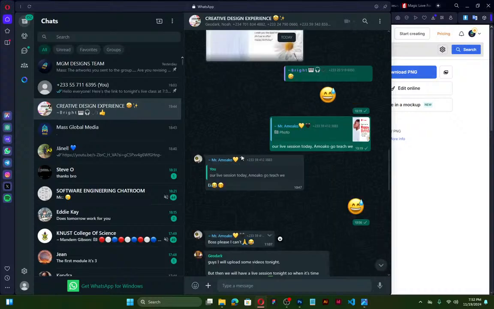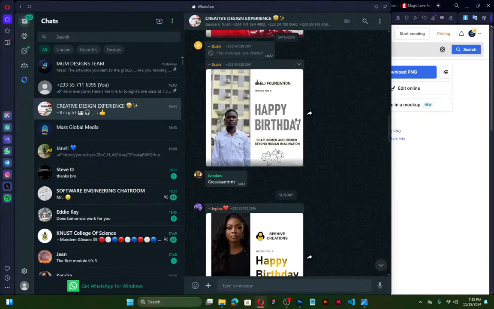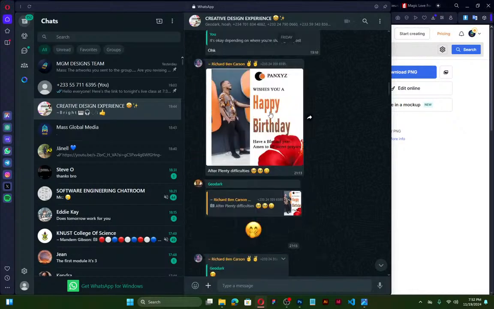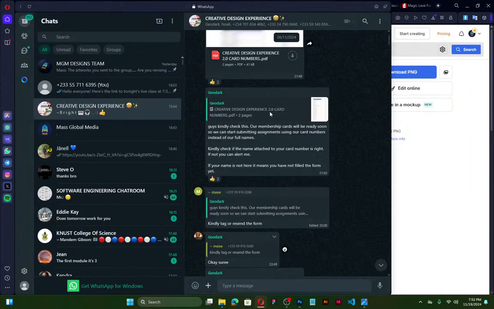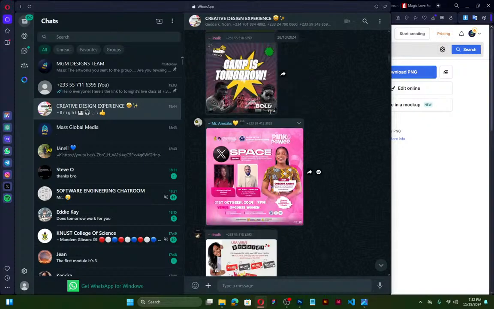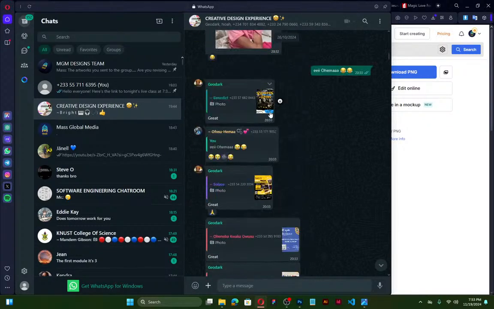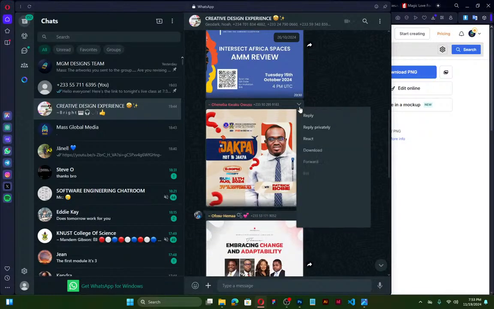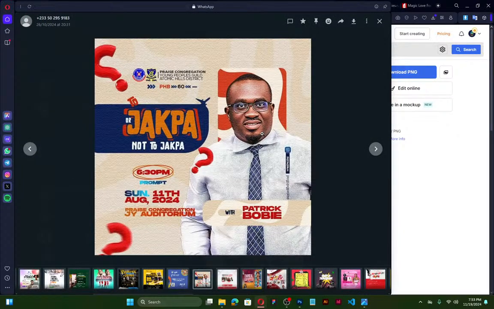So in the group, this is very far. Let's see some of the designs that were shared in the group from the beginning. Okay, Hineba Kweku also shared something like this. So anytime you see a new design that you really like, do not panic. Everything you see is just shapes and fonts. There's nothing new. The rest of the elements, if you're able to describe it very well,